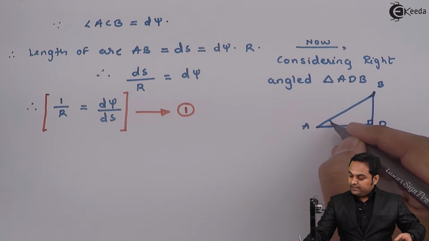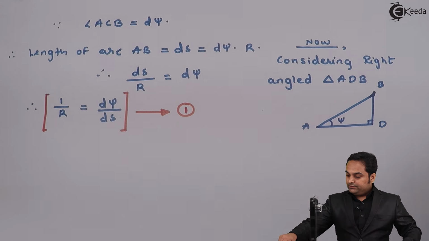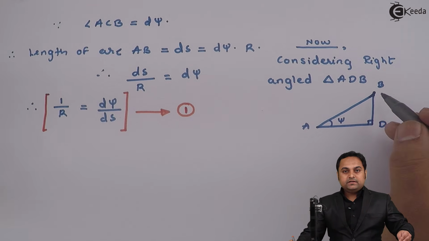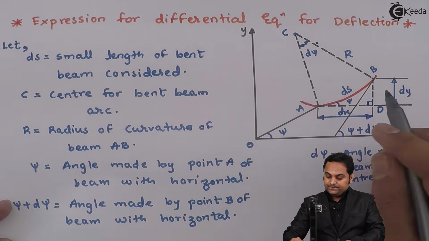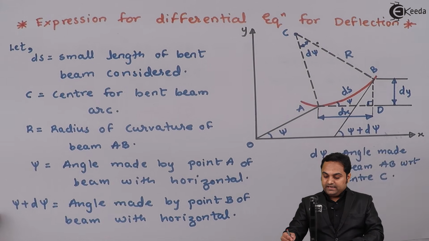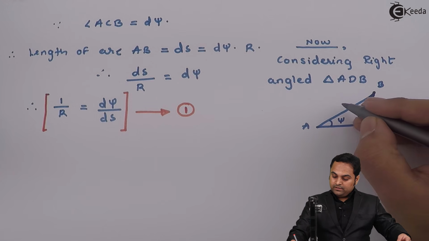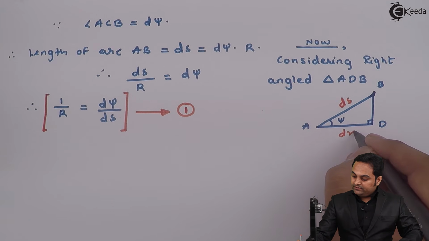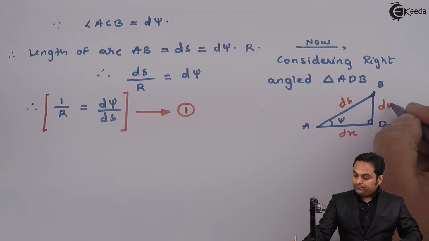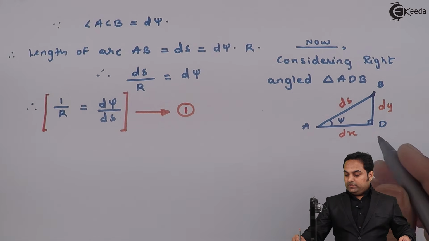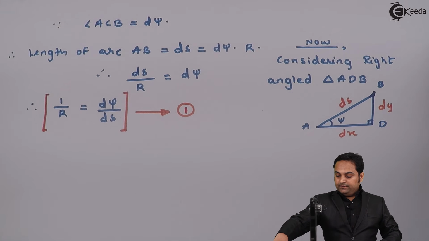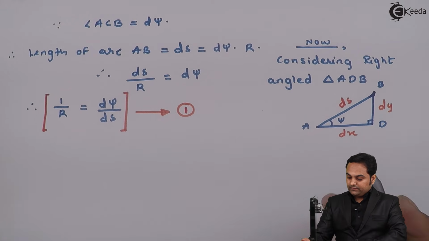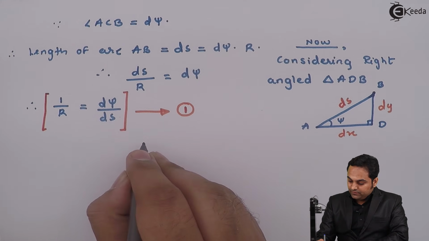So I'll mark the angle as psi. Then AB is nothing but ds, AD is dx, and BD is dy. So I'll mark them. This is ds, here we have dx, and this is equal to dy. So if I consider this triangle, then here I will get, first of all,